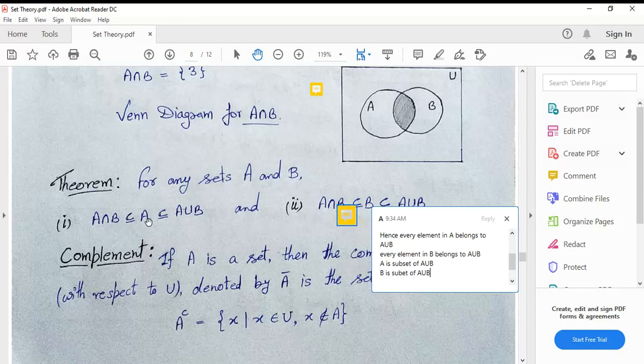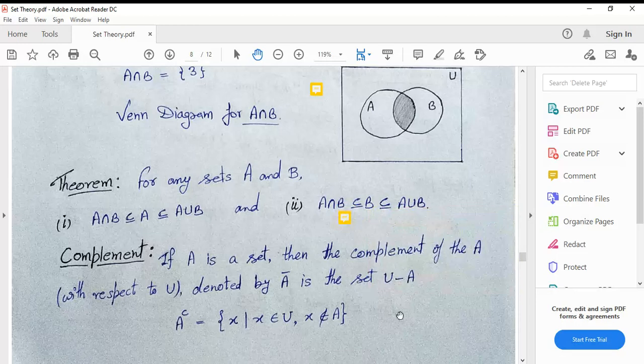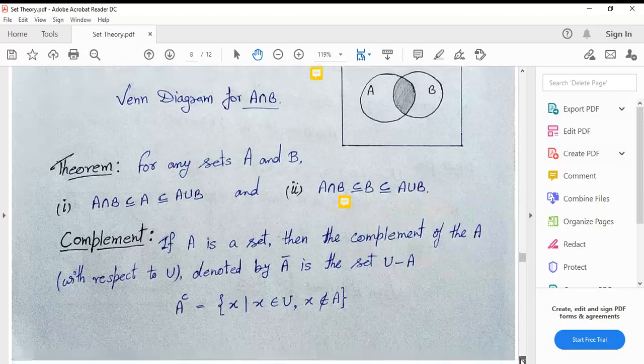So A is a subset of A union B and B is a subset of A union B. From these two we can say that these properties hold. Okay, now next is the complement.